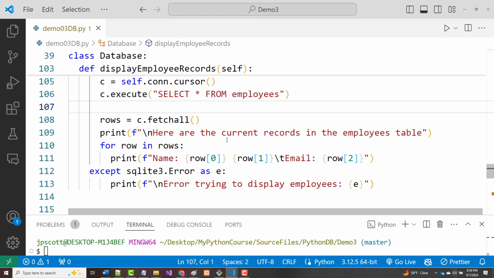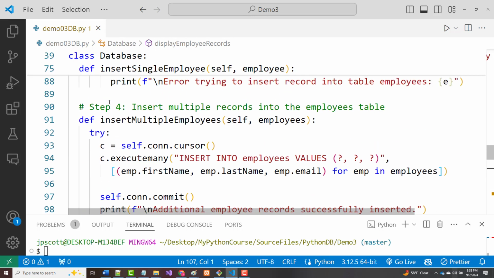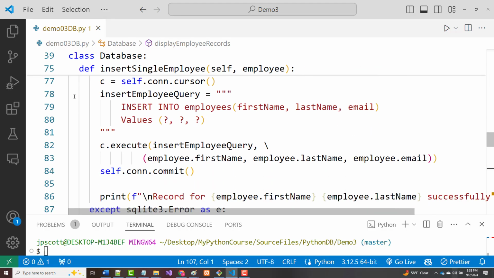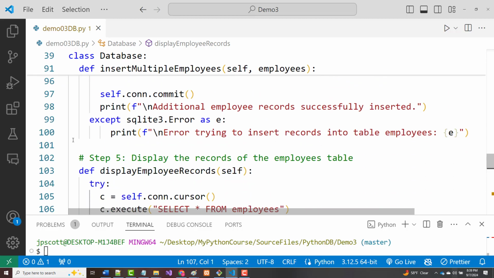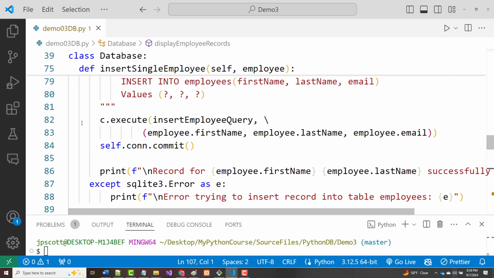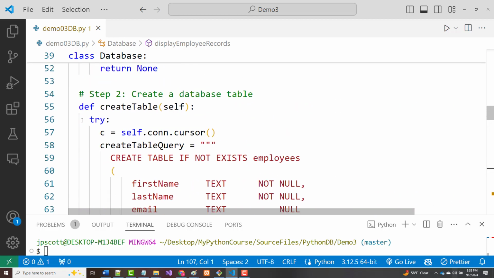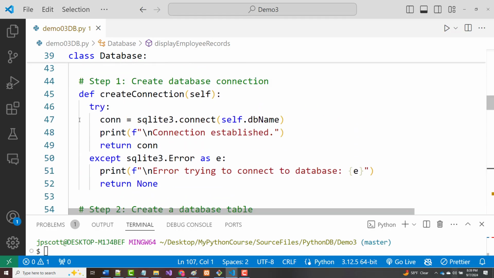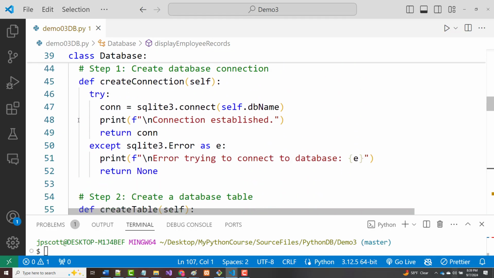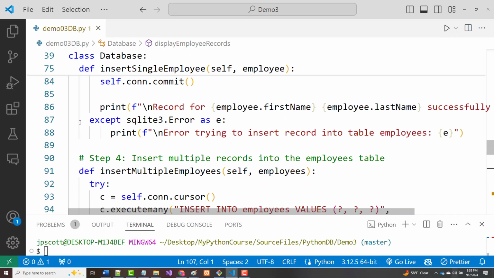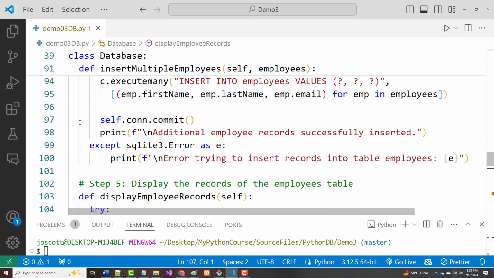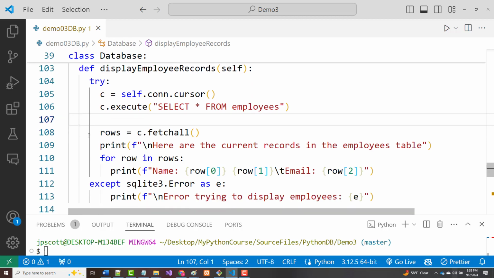Don't see anything that looks incorrect there, except it's lined up correctly, as far as I can tell. Fetch all is spelled correctly. We're